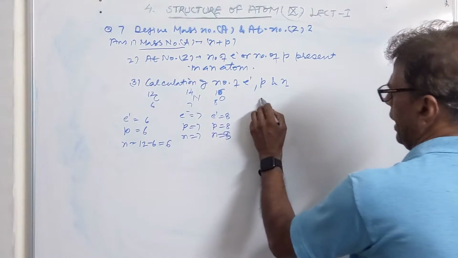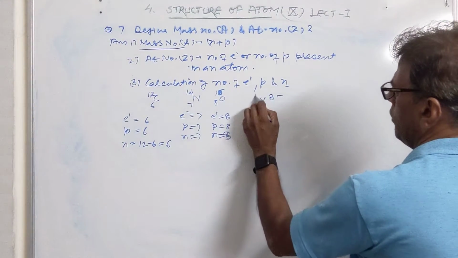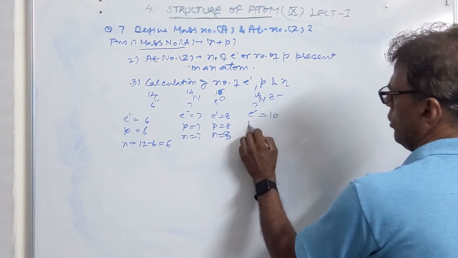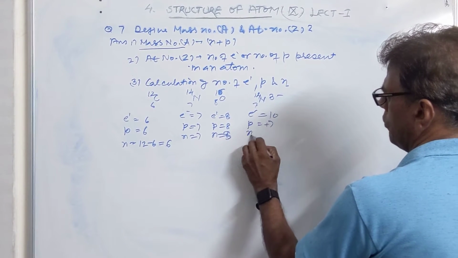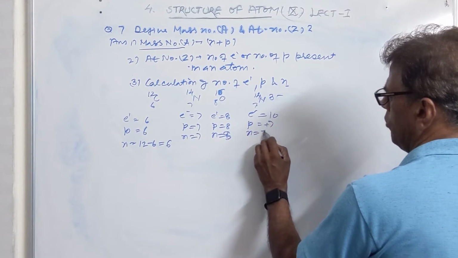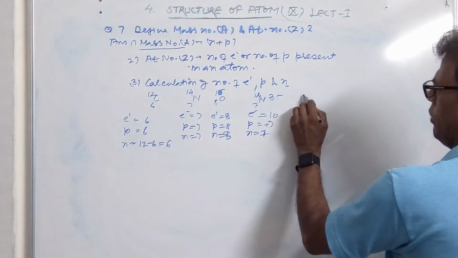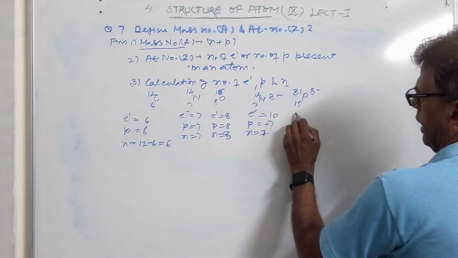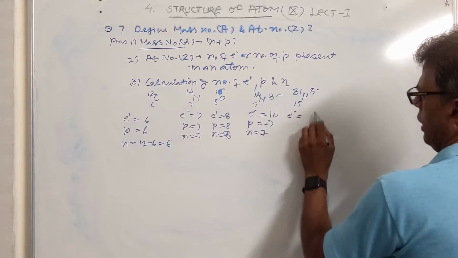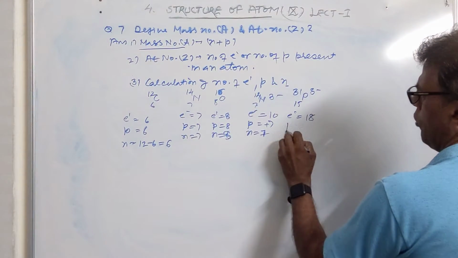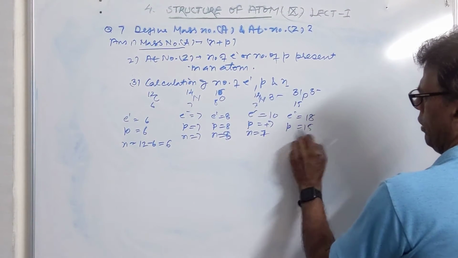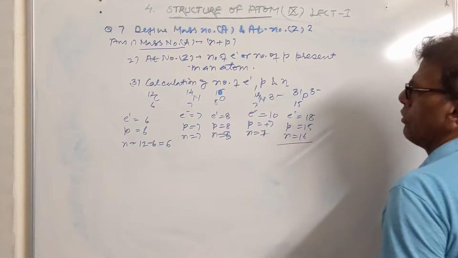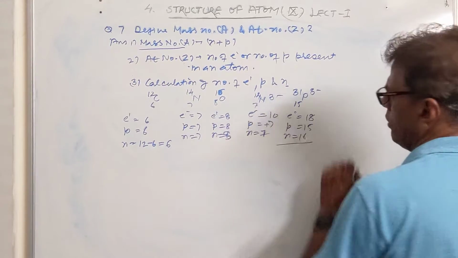Then we have the negative species. In a negative ion there will be electrons in excess: 7 plus 3, so 10 electrons. Protons remain 7, and neutrons are 14 minus 7, so you will have 7 neutrons. Then we have phosphide, which is 15, 31. Its electrons are 15 plus 3, as the negative charge is added. Protons are 15, and neutrons are 31 minus 15, which is 16. So in this manner we can calculate in the case of negative species.